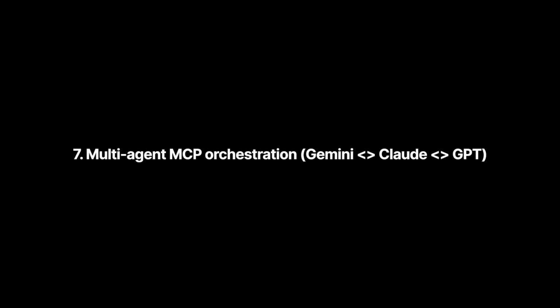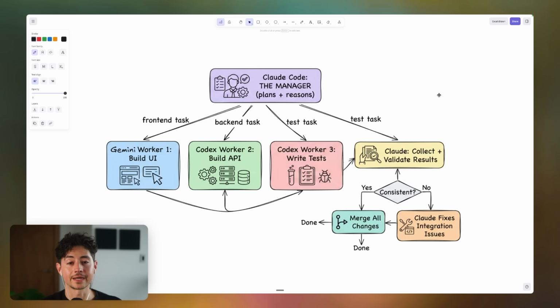Now remember earlier how I said some models are better at things than others, and these few percentage point differences can make a lot of impact at the bleeding edge or the frontier. Assuming you guys are at the bleeding edge and the frontier and those percentage point differences stack up, then multi-agent MCP orchestration is the pattern for you. Basically, what happens is you let one model type be the manager or the orchestrator, and that orchestrator will take a task and then delegate sub-chunks of that task to different models.